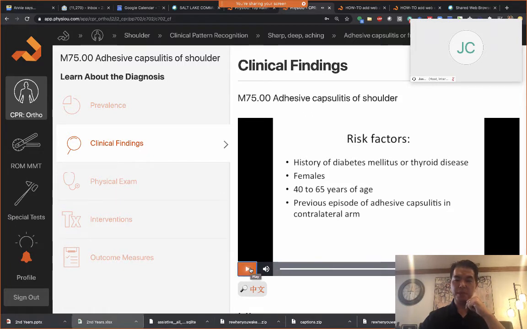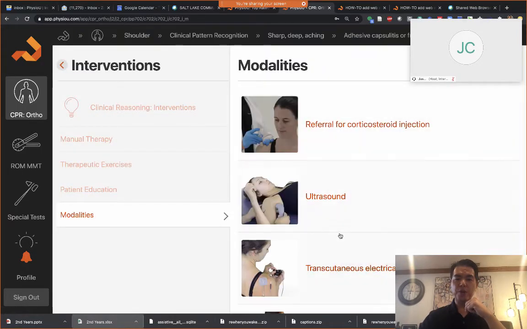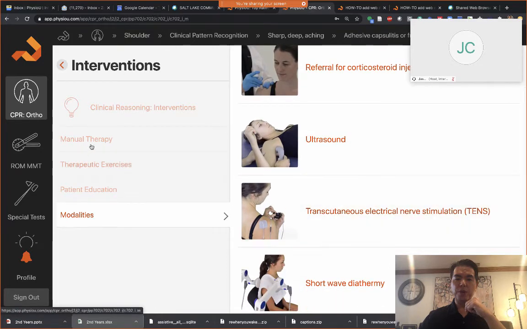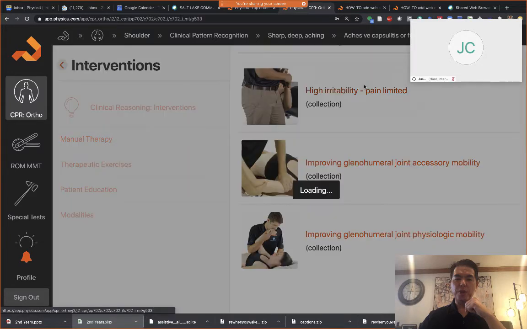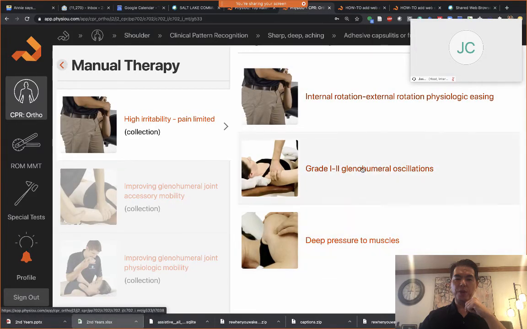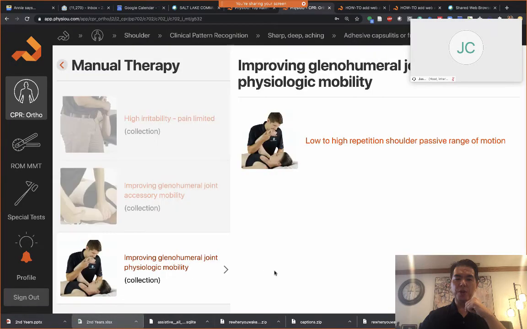So, did you learn something? You know, frozen shoulder presents in lots of different ways, and you treat them differently. When they're really painful, you treat them with modalities. You calm down their pain. When they're in the phase where they need stretching, well, when they're really painful, you still do things that are really gentle. When they're in the more stiff phase, it's less painful, you start mobbing them, right? Or you start stretching them. You help them with their passive range of motion. You use low to high repetitions.